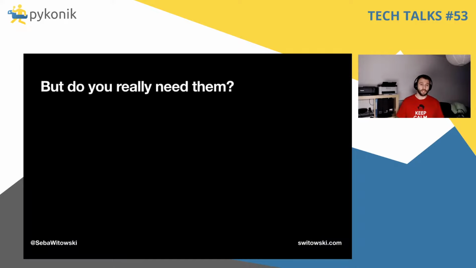But do we really need them? When you decide to use a tool like Pipenv or Poetry, you introduce yet another dependency to your project. What if there is a bug? They might stop working and you won't be able to install or update dependencies in your project until it gets fixed. Sounds unlikely? Well, between November 2018 and April 2020, there was no new release of Pipenv. So people had to install it directly from GitHub to get the latest bug fixes. And that sounds pretty inconvenient for a tool that is supposed to make my life more convenient.